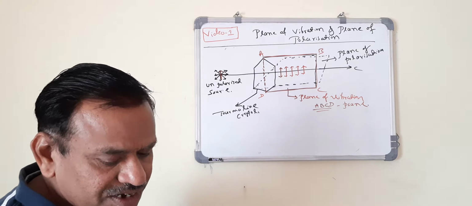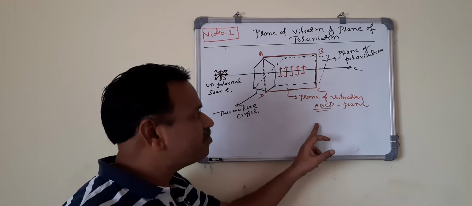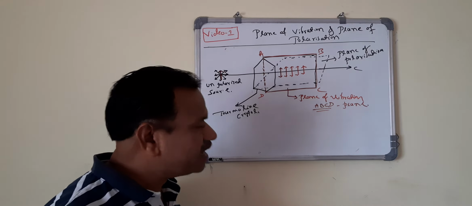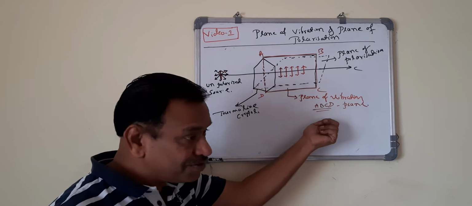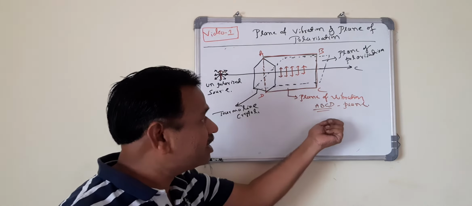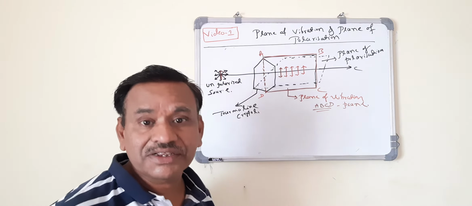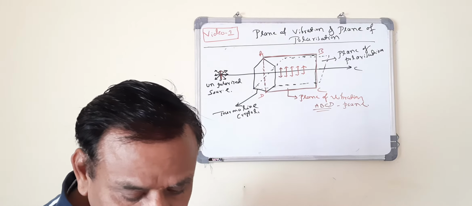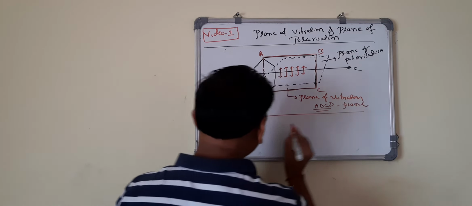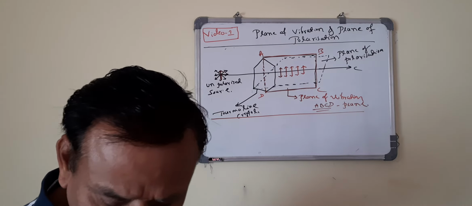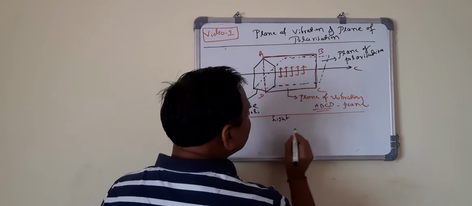Here are two more questions. What is plane of vibration and what is plane of polarization? Remember, the plane in which vibrations occur is called the plane of vibration. The plane which is perpendicular to the plane of vibration is called the plane of polarization. Now, light can be polarized by different methods. I told you. What are the different methods? Light can be polarized